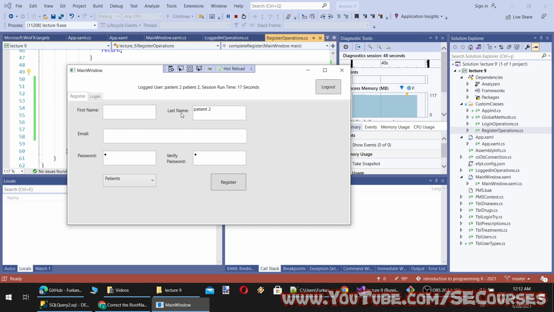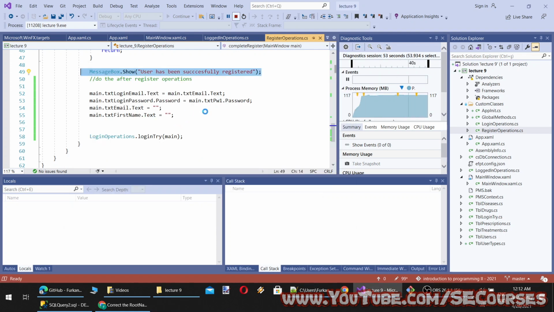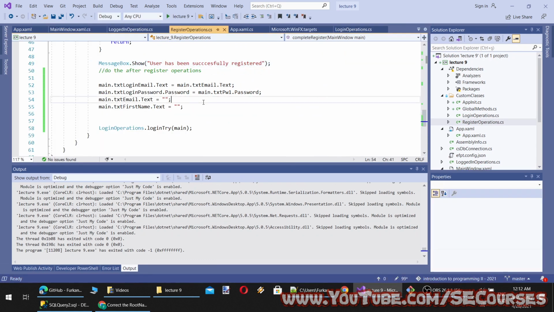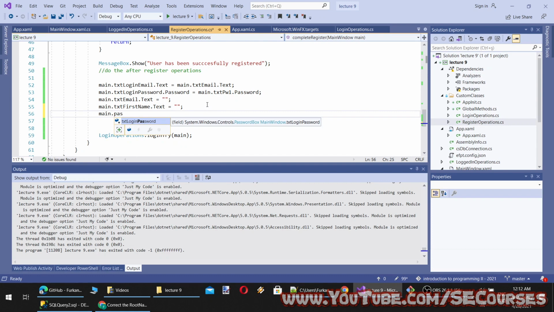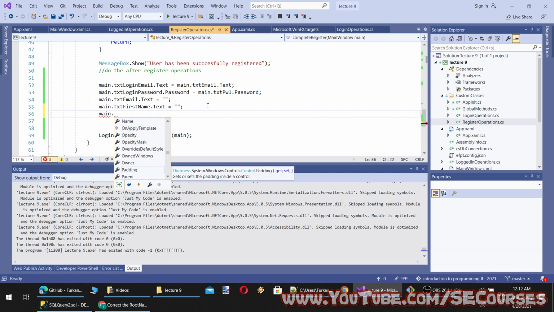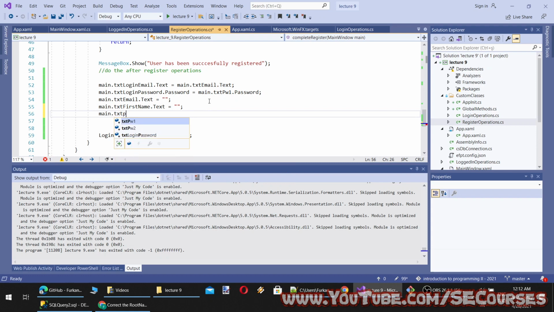Also, we didn't clear the text or other things of the register. Let's also clear them as main dot password txt. Okay, pv1 equal to nothing, or maybe there is clear. I don't know. Let's check it out. No, there is no clear.